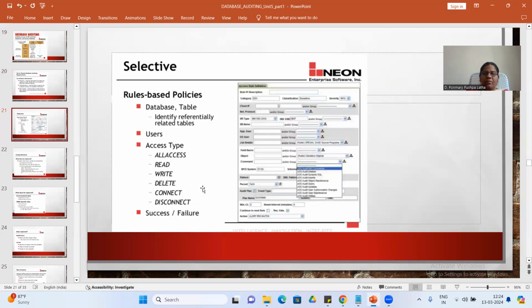Selective means only for selected users, selected tables, or a selected database.